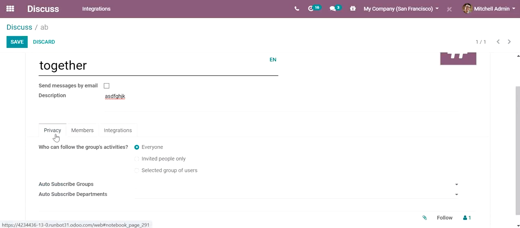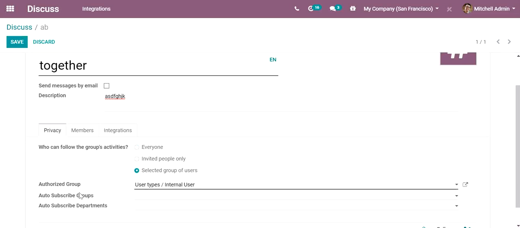Then going back to the privacy tab, if you select a selected group of users, automatically the authorized group section appears. So only the authorized group can view that.